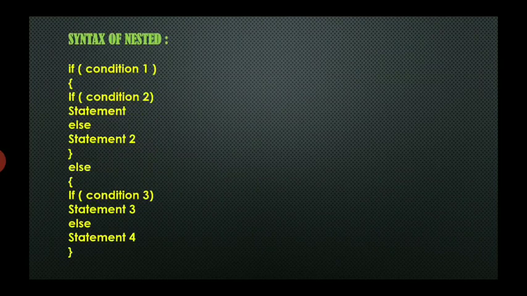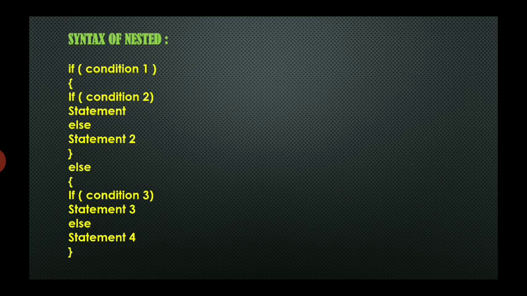Now let's try to understand the syntax of the nested if statement. If condition 1, then we start the first brace. If condition 2, you see outside there is one condition, and when you enter the brace there is another condition.